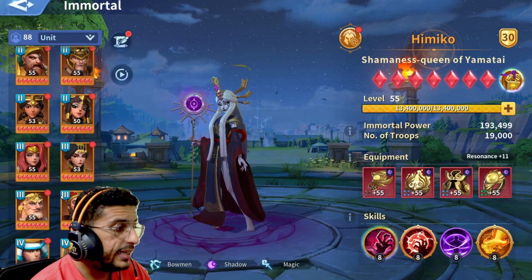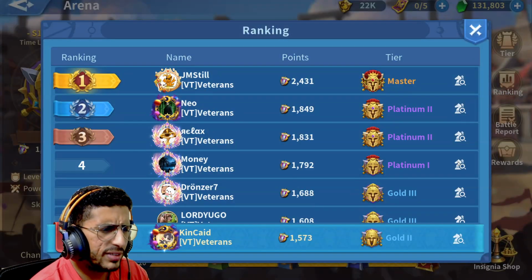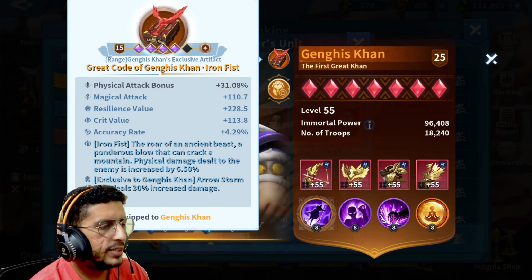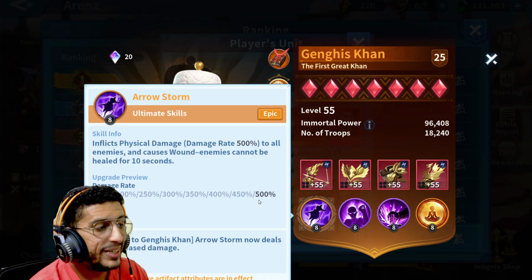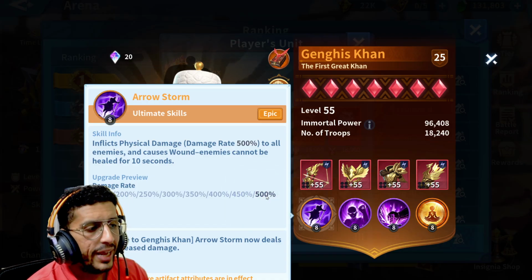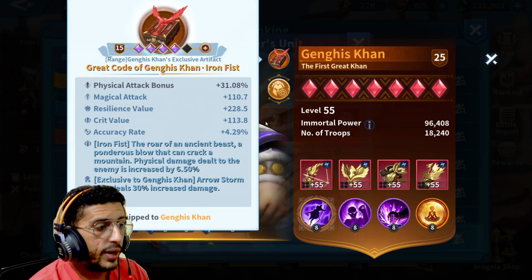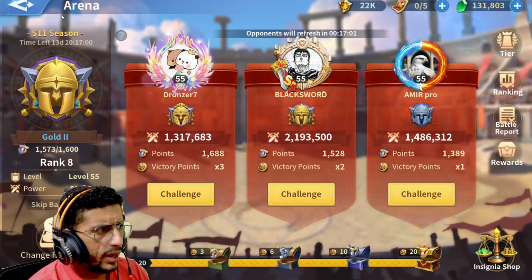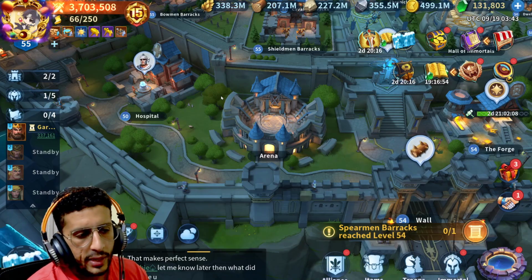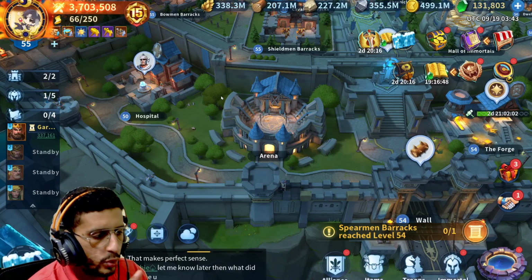As for Genkiz, he gets the same effect if I'm not mistaken. He gets another 25% or 30%, I think. Yeah, 30%. So Genkiz gets an additional 150% damage increase on his ultimate skill. So instead of the 500% he deals 650% damage using his ultimate skill if you have the right artifact for him. So I would like to make a comparison between the full damage being applied from Himiko to normal units, the regular element units, and from Jinkies to the Earth units, with both immortals at